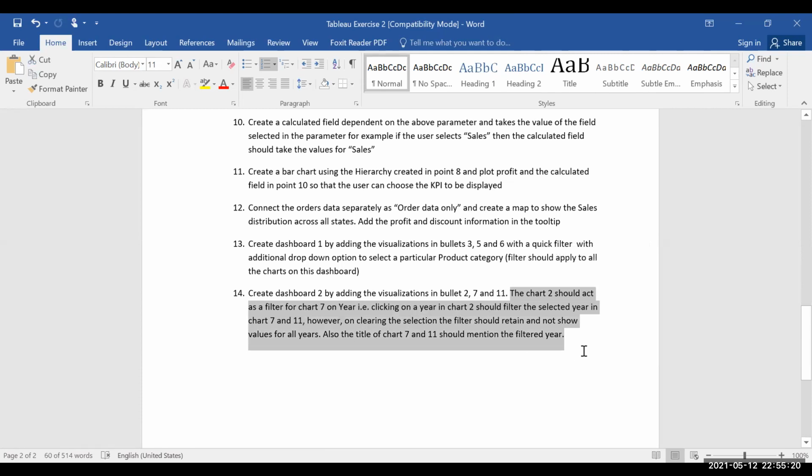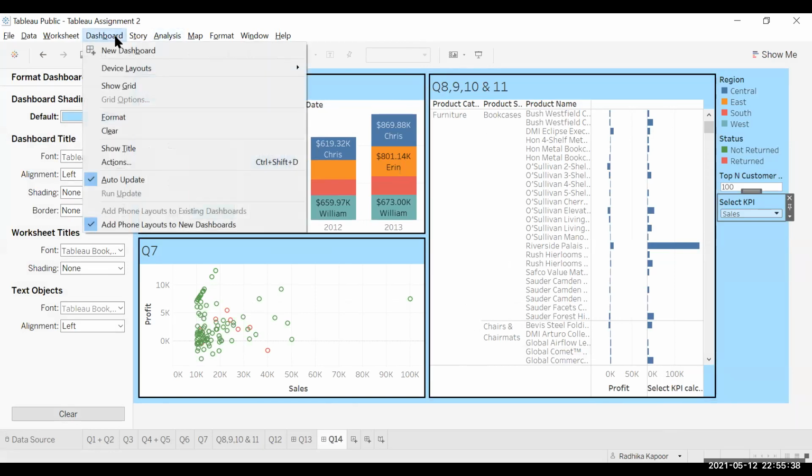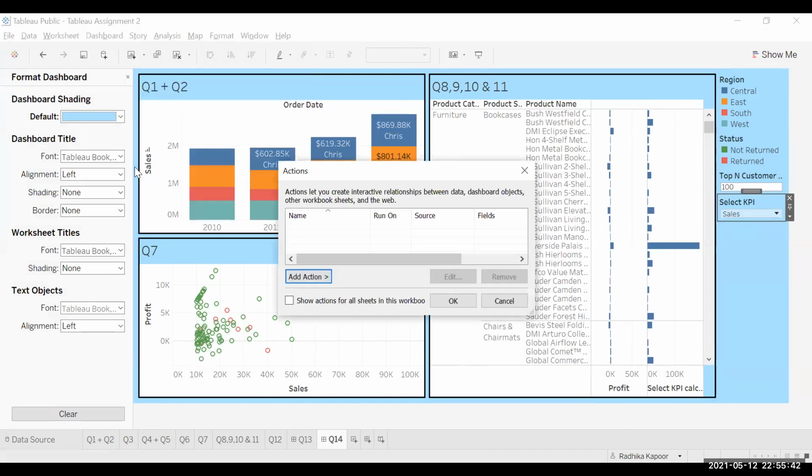Okay. So this part is not clear to you, right? Yeah. Okay, so go to that report, click on the dashboard at the top and click on actions. What happened is you first of all have to add an action.